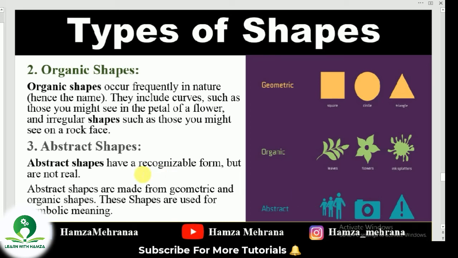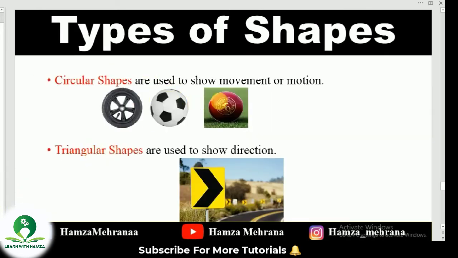Now let's talk about the functions of shapes and where we use shapes in graphic design. Circular shapes are used to show movement or motion. For example, if you want to design a logo in which you want to show movement or motion, it is preferred to use circular shapes in that logo. Moreover, triangular shapes are used to show direction. One main company for transportation, FedEx, has a triangular shape in its logo,